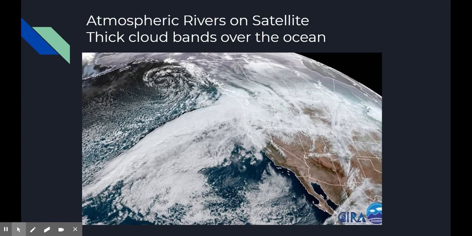This is a satellite image showing such an atmospheric river. A long, thick band of clouds, which are indicative of deep moisture, can be seen originating from the lower right corner of the image in the Pacific Ocean and extending up toward the Pacific Northwest. This deep plume of moisture will bring large rain amounts to the region, including British Columbia, Washington, and Oregon.